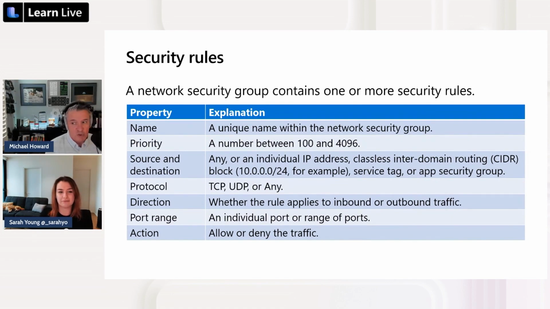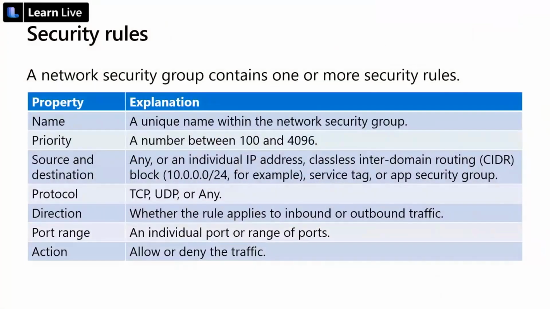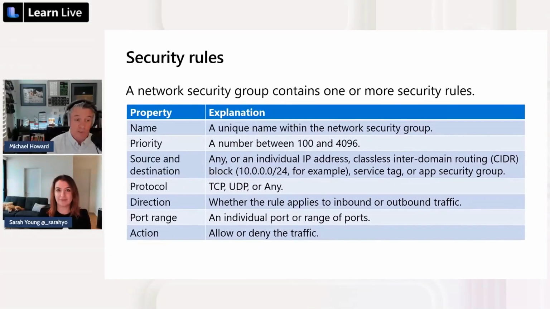Now, here's a little trap for young players while we're here. I've seen some tools dump the contents of an NSG in the order in which they were created, not ordered by priority. So be very, very careful. Make sure that they're ordered by priority, because if not, you may see things that are not in the correct order, and if a request is satisfied, then the NSG is no longer analyzed. So make sure you're looking at things by priority, because some tools might dump by the order in which the rules were added to the environment, which is probably not what you want. So just be aware of that.